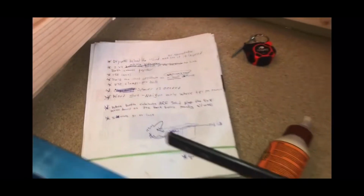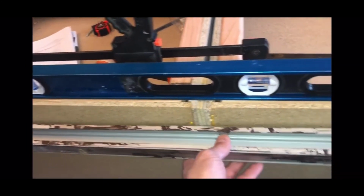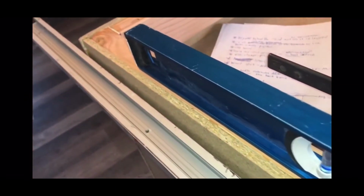These tips that I wrote down real quick in the video: if you've got this put together on the back end, before you start screwing, you're gonna wanna check something like a straight edge, put a piece of drywall behind it, a 4x8 sheet behind it, and see how it sits. Right now, I'll try to hold this still for you guys. You can see it is flush all the way down the line,